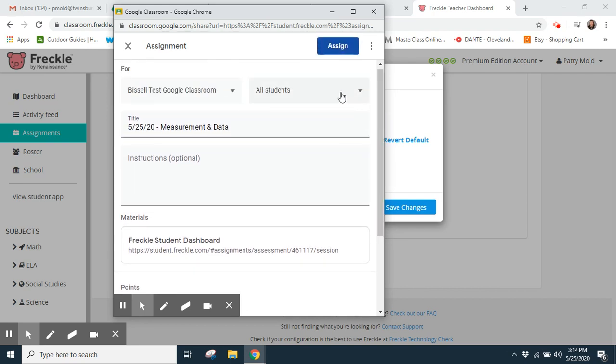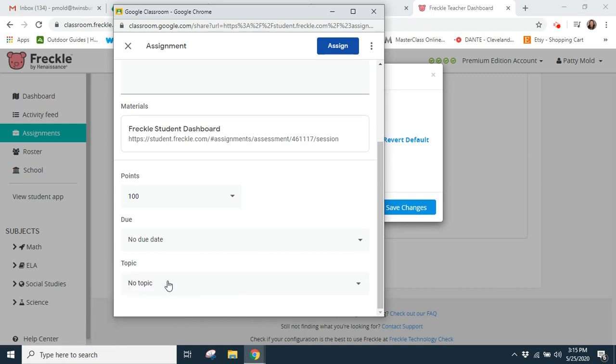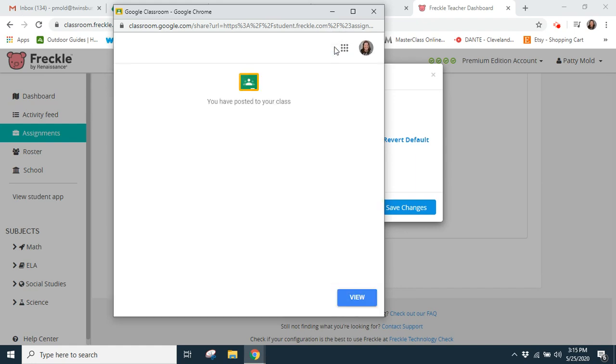Again, here's another place where I can choose the students that get this assignment. I can add some instructions. It's where I can add points, a due date, or even add this to a topic, so it's in a particular area that my students are going to find it. If I just click assign, it's going to post to the class. And then when I view it in my Google Classroom,